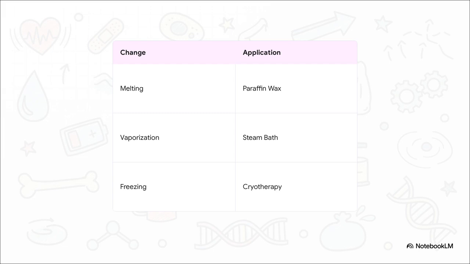When you look at the clinical applications of these phase changes, the translation is incredibly direct. Take the melting process, for example. That's harnessed in paraffin wax therapy. As the hot wax melts and then solidifies on your skin, it's transferring that hidden latent heat straight into stiff joints. Or vaporization. The energy required to turn liquid into vapor is captured in steam baths to provide this deep,